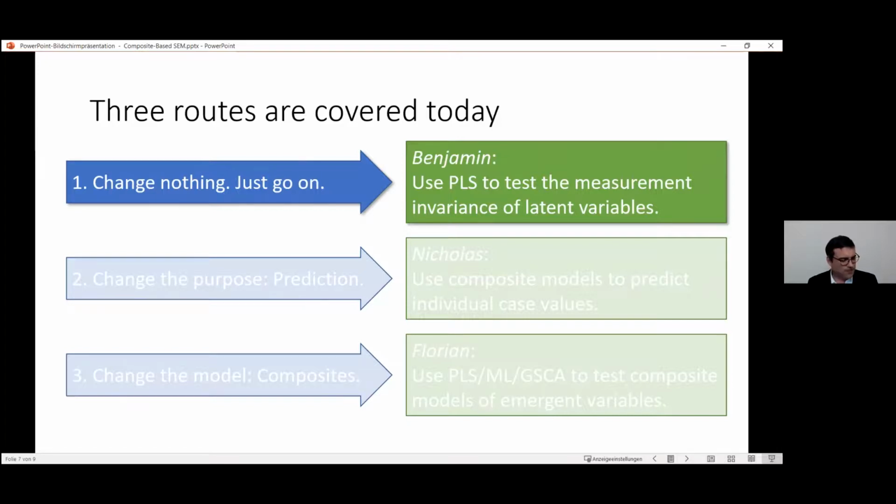So it was nice to see that confirmatory composite analysis is sort of independent from the estimator. So you can use PLS, but you can also use maxVar, and you can even use maximum likelihood. And the latter one, that's a bit triggering, namely, if you can use maximum likelihood for composite models, and